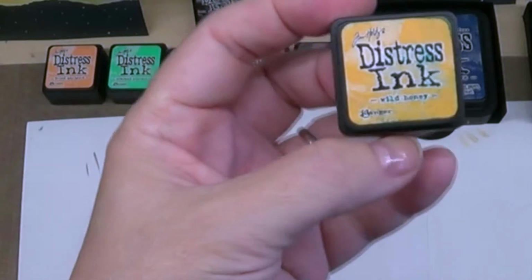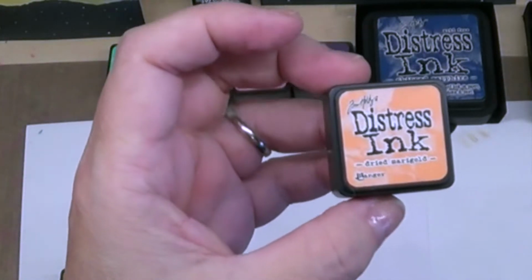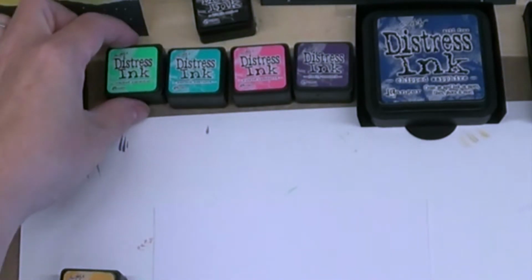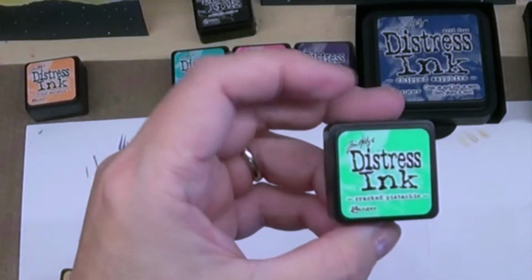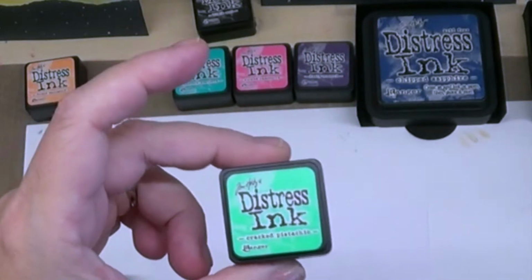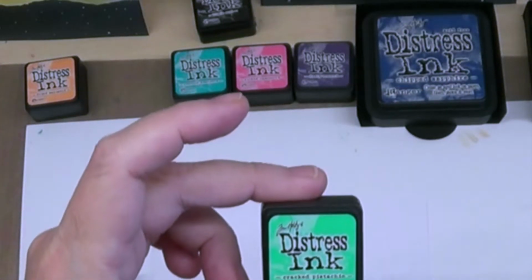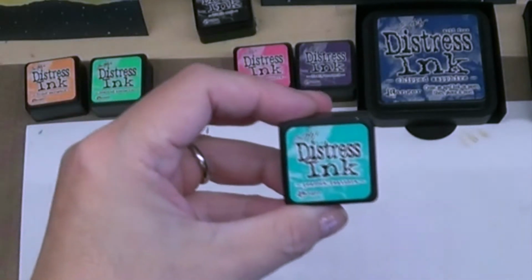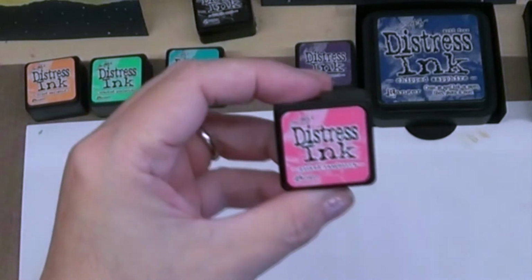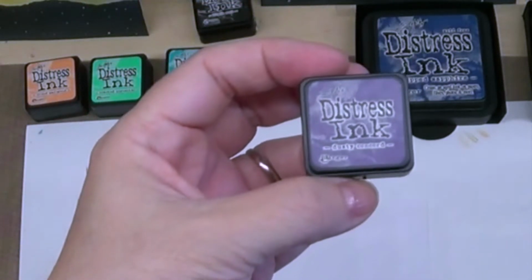First one I'm going to be using is Wild Honey. That's a softer one, and then I'm going to be going over it with Dried Marigold. I just like the combination of the two. And then of course I'm using Cracked Pistachio. I found that the Shabby Shutters was just too light like I'd shown you, so I'm going to see what happens with the Cracked Pistachio. I'm also using the Peacock Feathers, which is a beautiful turquoise, and the Pick Raspberry, the Dusty Concord,